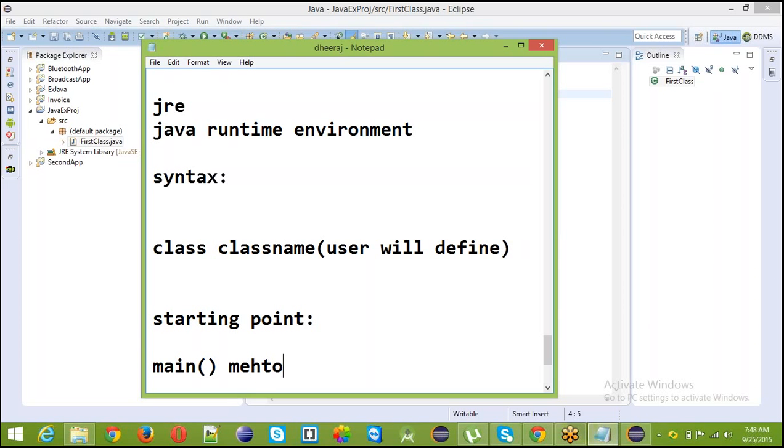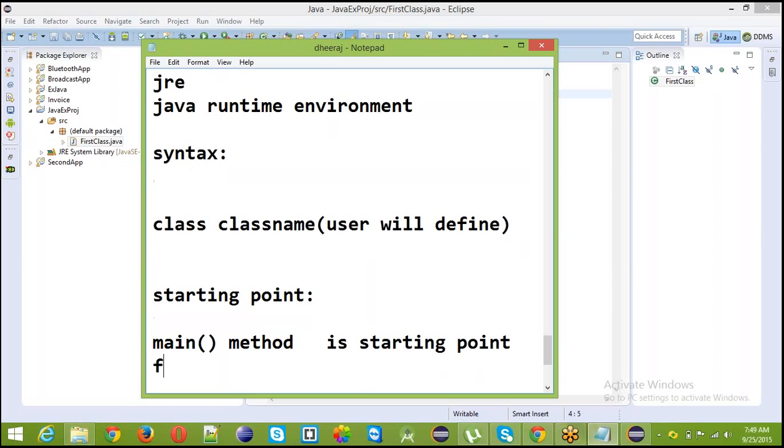The main method is the starting point for your project.